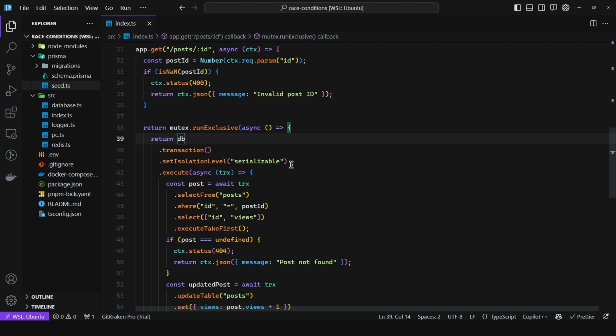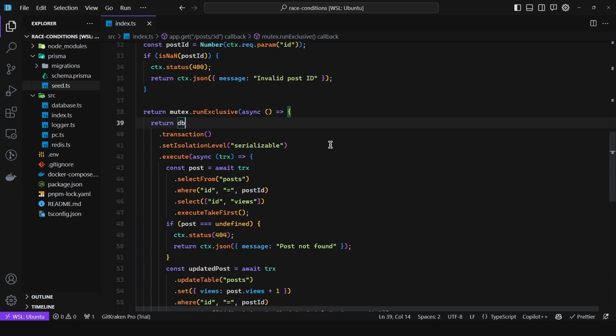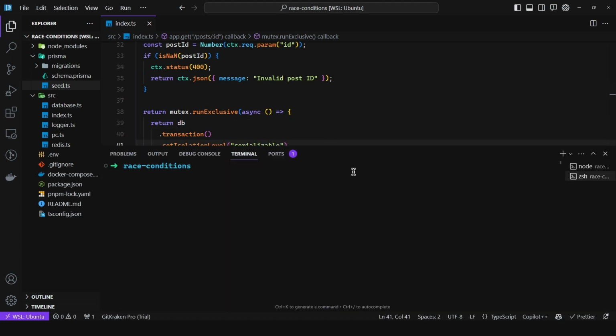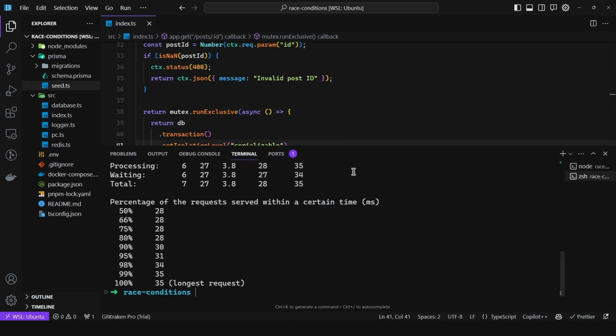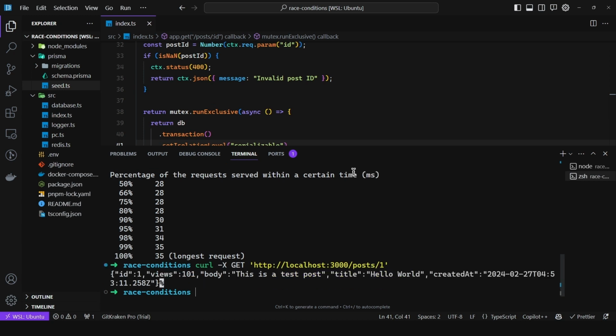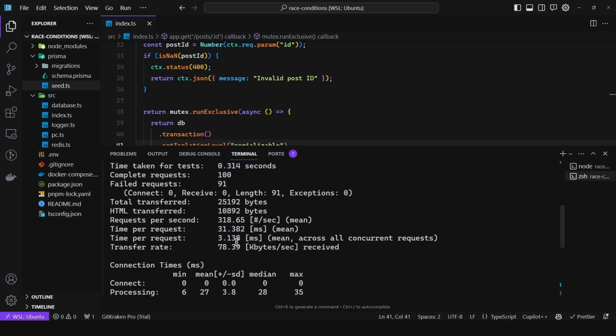It is going to queue them up, and it is going to make sure that they are executed sequentially, which is pivotal to prevent data races. So if we do this and then say AB, we run this, and then we get the data. As we can see, views is 101. We got that extra one because we just performed a get, but the 100 do pertain to this benchmark